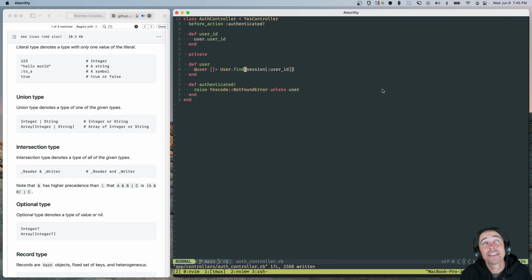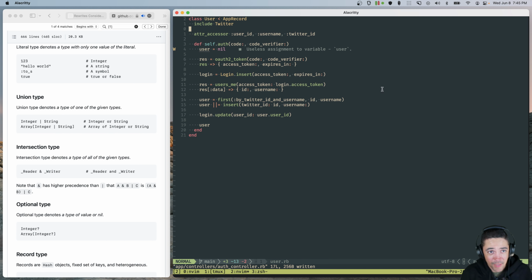Oh, you know what? Find. I should probably say, yeah, because it'll be nil if it's not found, right? Whatever, it doesn't matter. Okay, so I'm statically generating adder accessors now, and